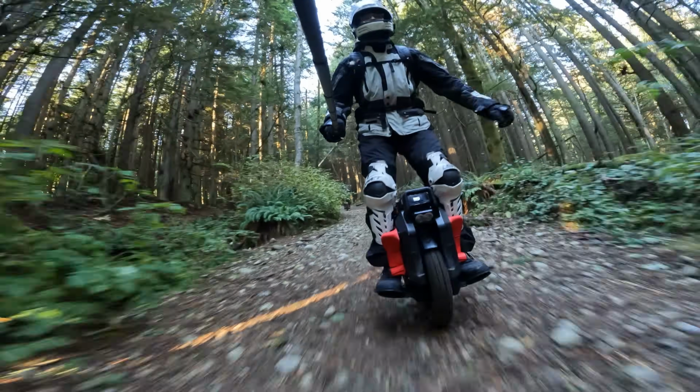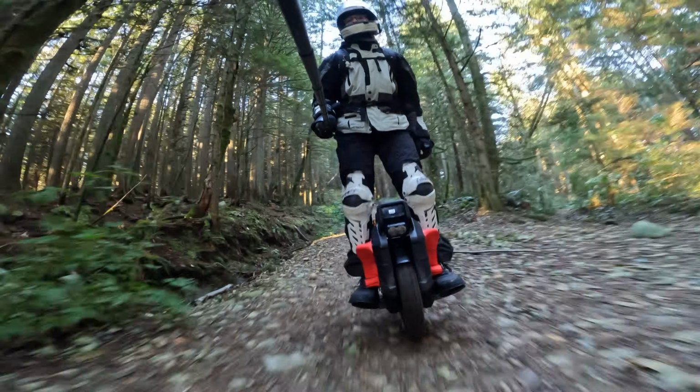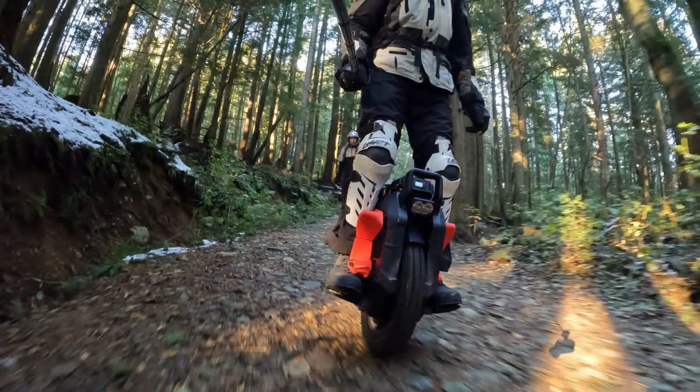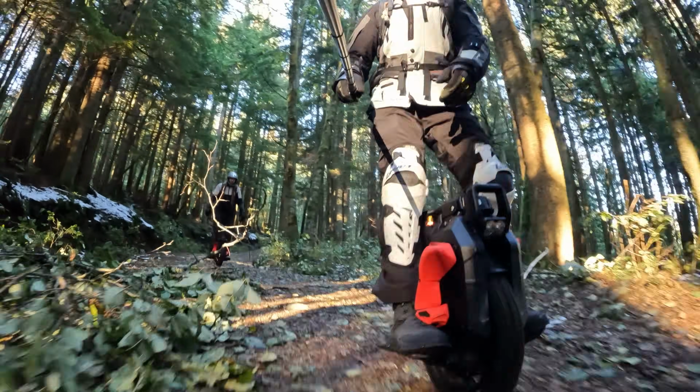I tested it around 110 kilometers. Probably can go 120, 130, depending on your riding style. Top speed is pretty similar or faster, and torque is also more than on the Veteran Sherman Max. So the performance is similar or a bit higher, like they trade some blows with the Veteran Sherman Max. But the biggest difference here is, of course, that it does have suspension, and the suspension is, well, I think